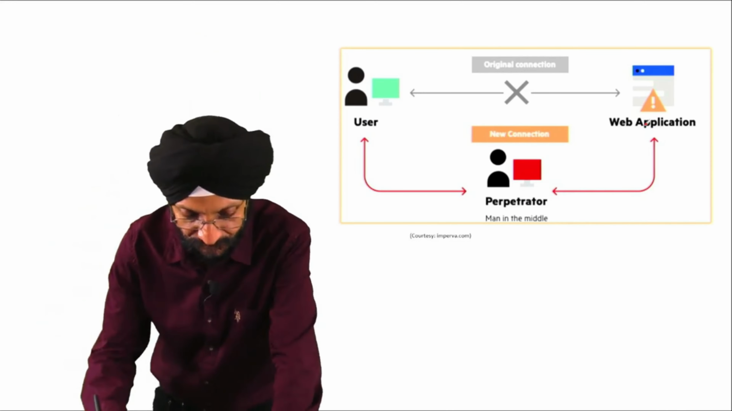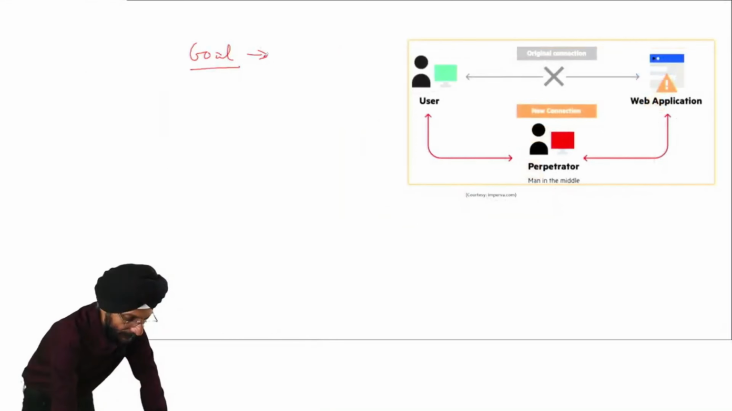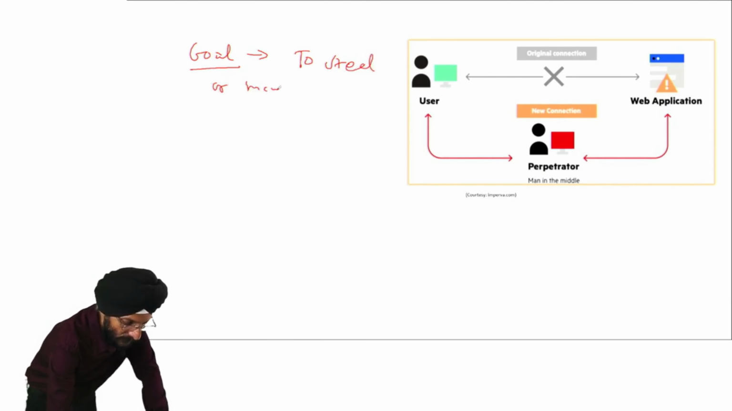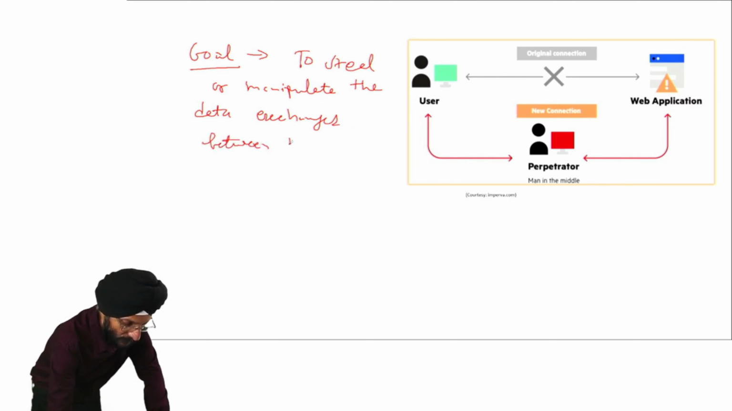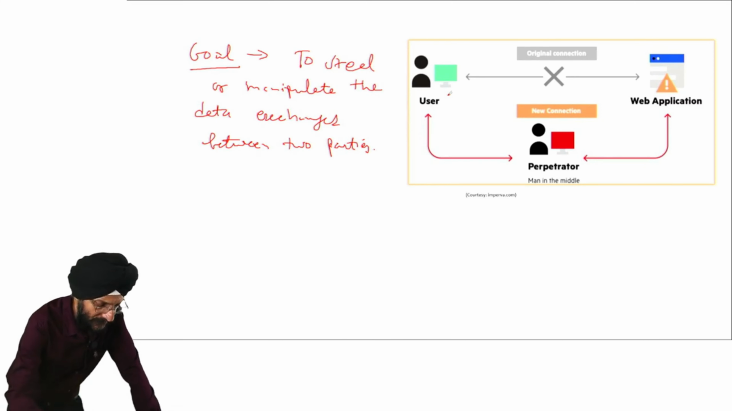And the goal of this MITM attack is to steal or manipulate the data which is being exchanged between two parties. Here in this picture you can see that two parties are involved, that is user and web application,